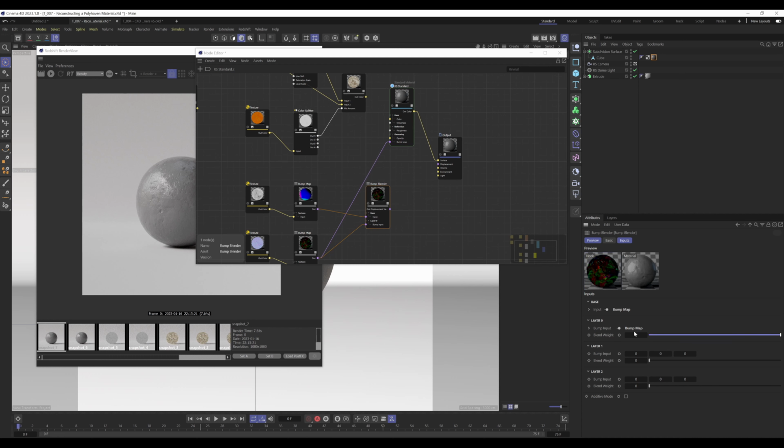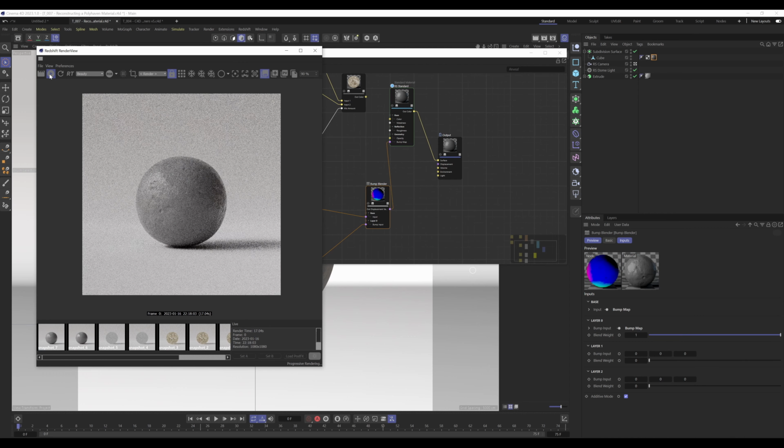Now with these settings, basically the normals are just completely overwriting the previous bump that we got there, like what we had here, where it's just completely overridden it. However, if you select additive mode, it will add those two bumps together. So you should get this. So I'm just comparing them. Okay, so this is the result of both those bumps blended together, which gives you a very detailed level of